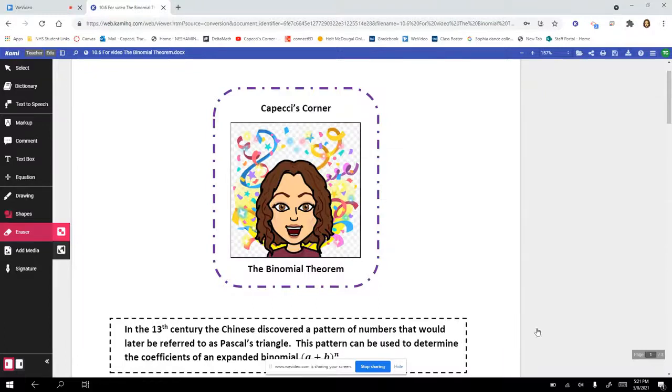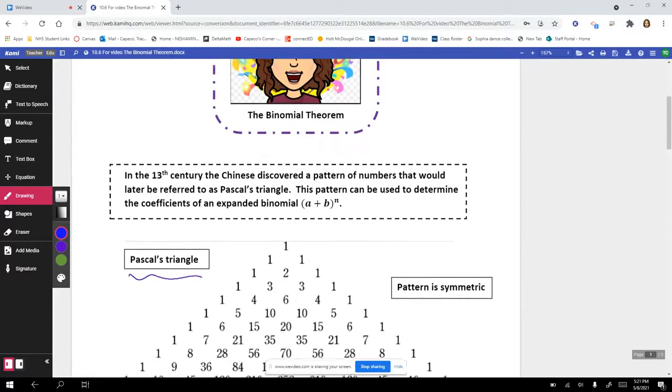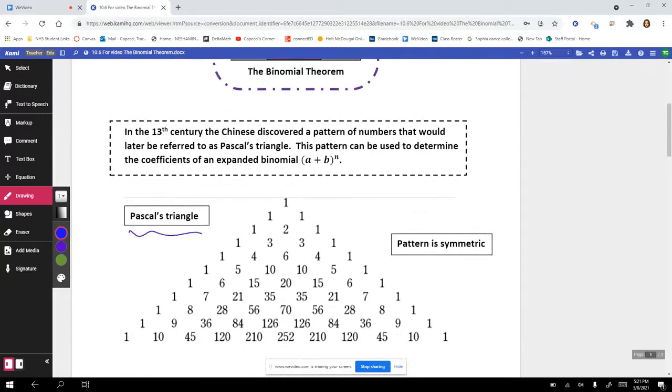Petty's Corner, we're going to look at the binomial theorem. Below we have this Pascal's triangle. In the 13th century, the Chinese discovered a pattern of numbers that we could call Pascal's triangle. We're going to use this triangle to determine the coefficients of the expanded binomial when we have something like the quantity of a plus b raised to the power of n,